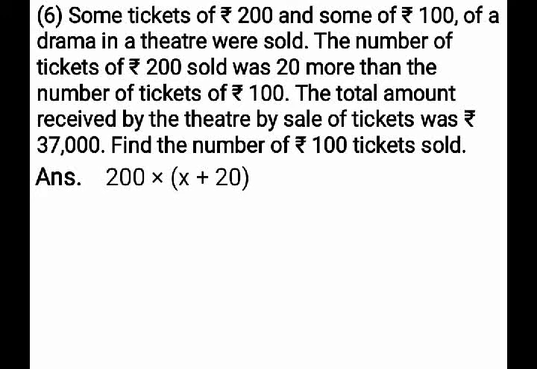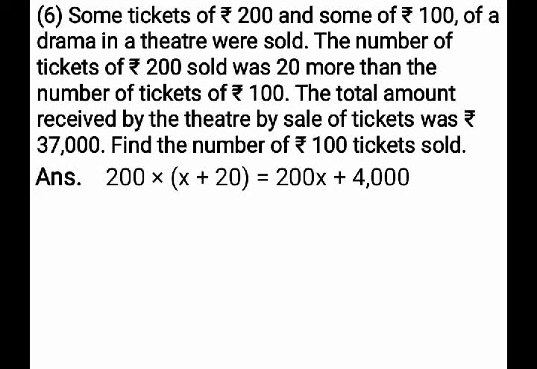You have to multiply this by using the formula of a into b plus c. Multiply this first and then multiply this one. 200 into x, how much? 200x plus 200 into 20. How many zeros are there? Total 3 zeros. Okay, 3 zeros you have to write as it is, and then you have to multiply the numbers. That is 2 twos are 4. That is 200 into 20 is plus 4000.